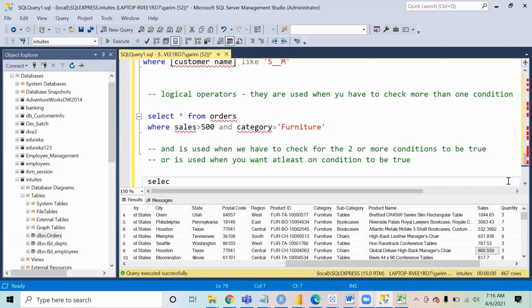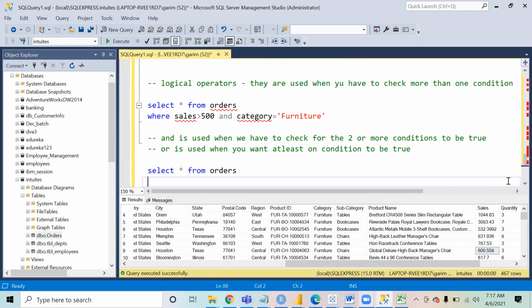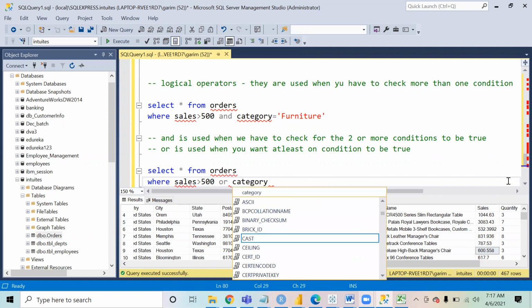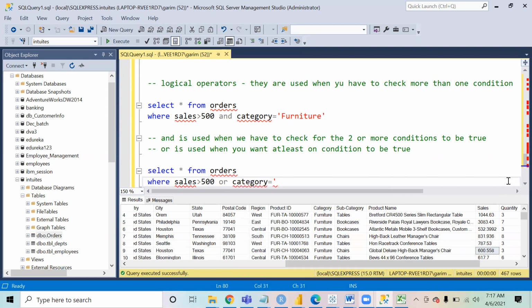If you say select star from orders where sales is more than 500 or category equals furniture, it is going to check at least one condition. Either this should be true or this should be true.